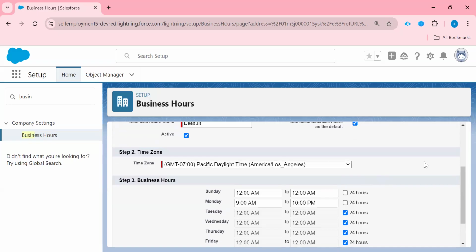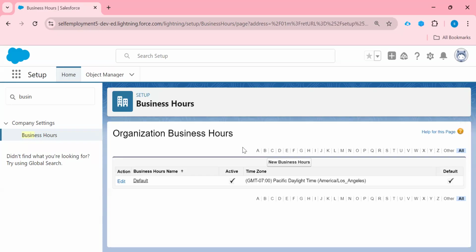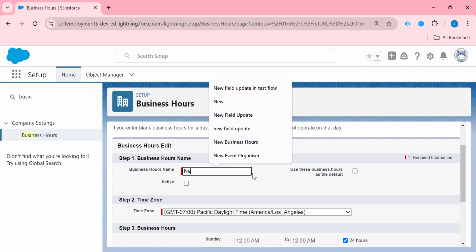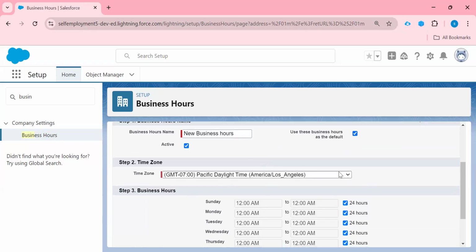So come back. This must be active, right? And use this business hour as a default. It should be active. If you want to create your own business hours, you can create new business hours also. Just click on this button, give a name, suppose new business hour, okay, and just make it active, make it checked, and you can select your time zone as per your requirement, right?